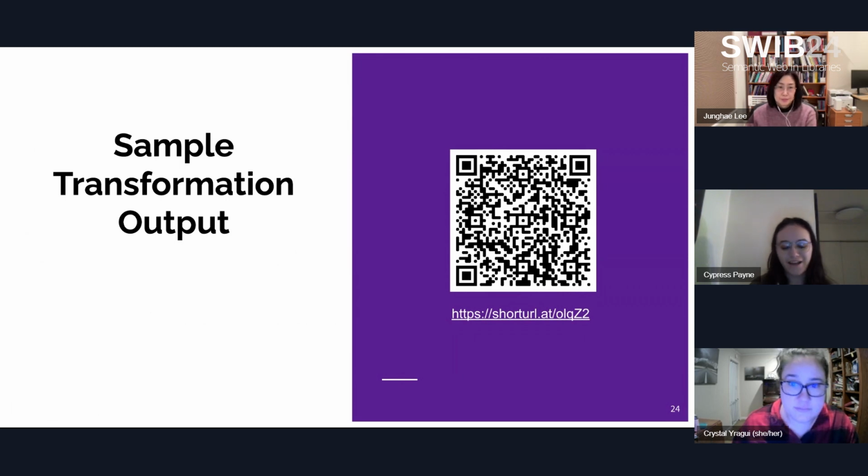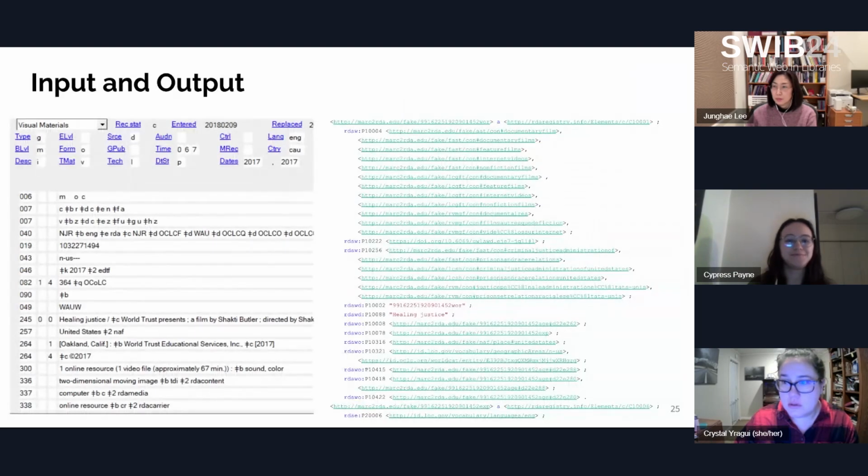Thank you, Crystal. I'll now show some examples of transformation output. The input and output files being used in these examples are available in full and in multiple formats on our GitHub repository and at the URL shown on the screen. Next slide, please. MARC data is input into the transform as MARC XML and is output as RDA RDF XML data. Here, we are looking at a MARC record that was serialized as MARC XML and run through our XSLT transformation to produce RDA data, shown here in turtle format on the right.